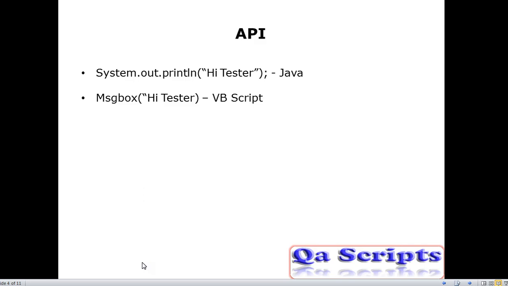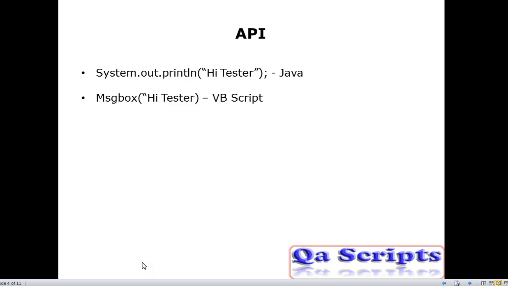To do this, I am going to use keywords such as system.out.println in case of Java or message box in case of VBScript. These are the simple terminologies, or I can say the keywords readily available as they are, as in scenario 1. But consider scenario 2 of preparing a coffee.